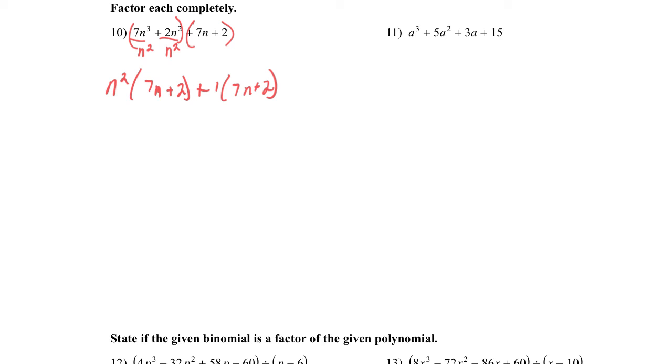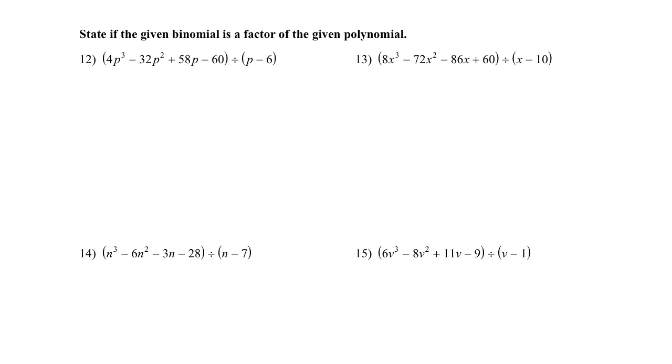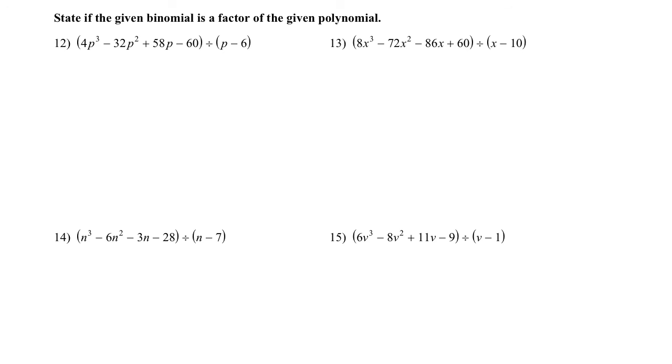And now, since these are the same, you can undistribute the coefficients in front of those, and the n squared plus 1 go in a group, and 7n plus 2 goes in another group. So that's factoring completely. The last group is what we were doing on Friday, just stating if it is a